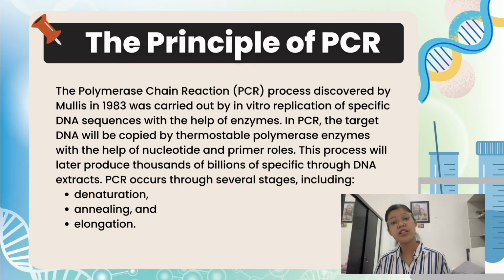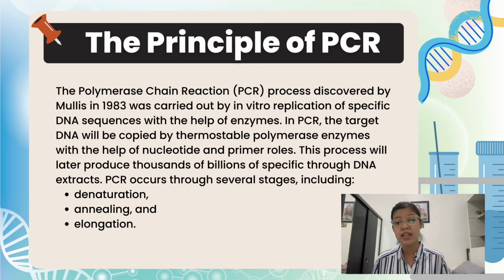Basically, PCR occurs through several stages, including denaturation, annealing, and elongation. Initially, DNA sequences called primers for binding the target DNA are created. Primers contain nucleic acid and will find the target for amplification. The DNA template containing the target was added to the tube containing the primer, deoxyribonucleotide, and DNA polymerase enzyme,